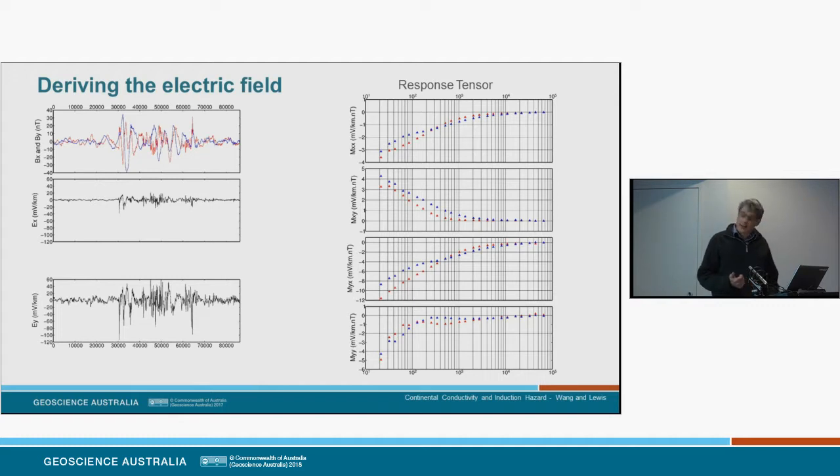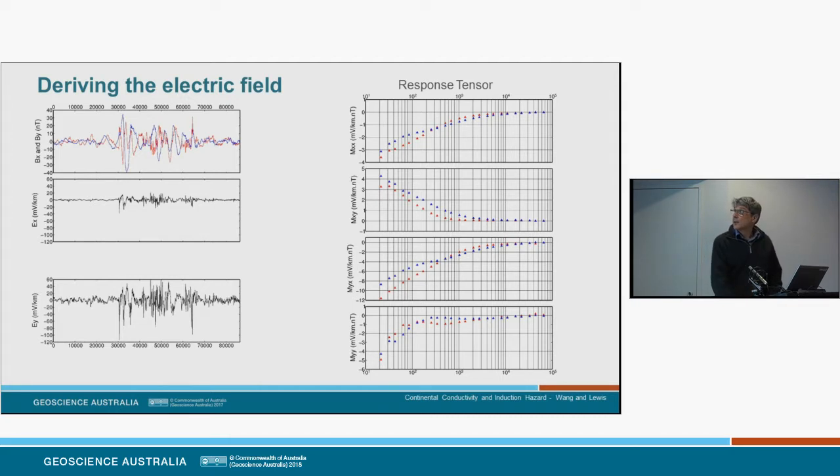We've also shown there the northerly and easterly electric field measured from the Hamilton Downs site. And you'll note there in the Y electric field we're getting magnitudes of about 100 or so millivolts per kilometre. So if we use the relationship between the E and the B fields and the response tensor, we should be able to reconstruct the electric field time series.